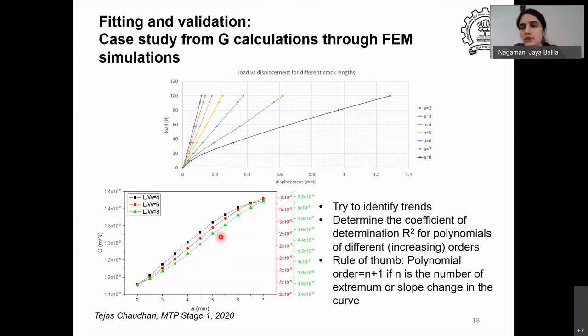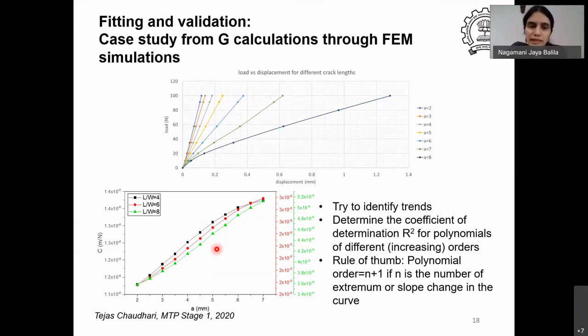You could have fitted a linear or straight line, but then dC by dA would not have any value at all, right? Because if it were fitted to a straight line, then dC by dA would be just a constant value. Well, you could try it. There's no harm in it, but it just shows that dC by dA itself is not a function of crack length.